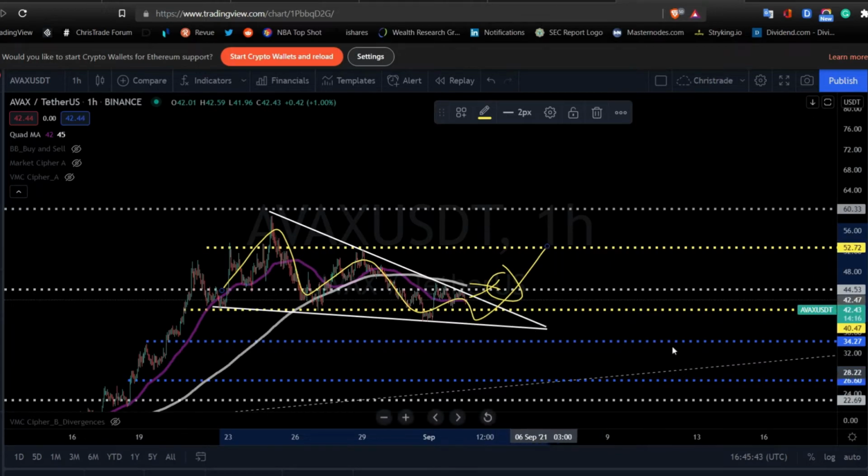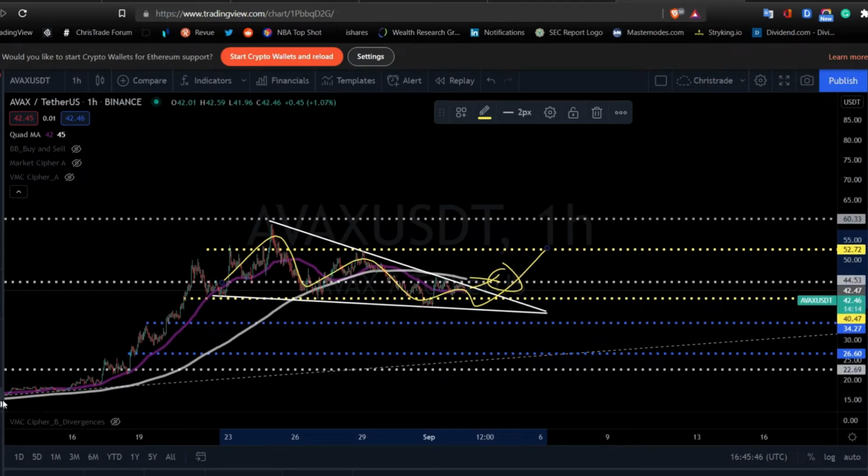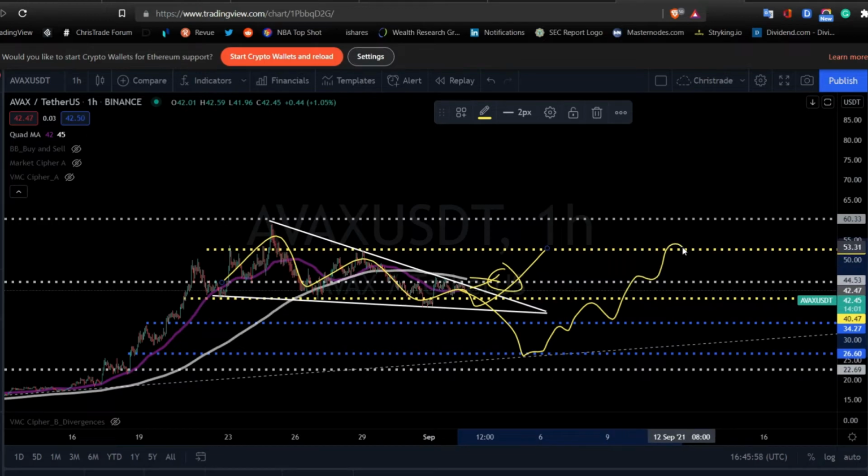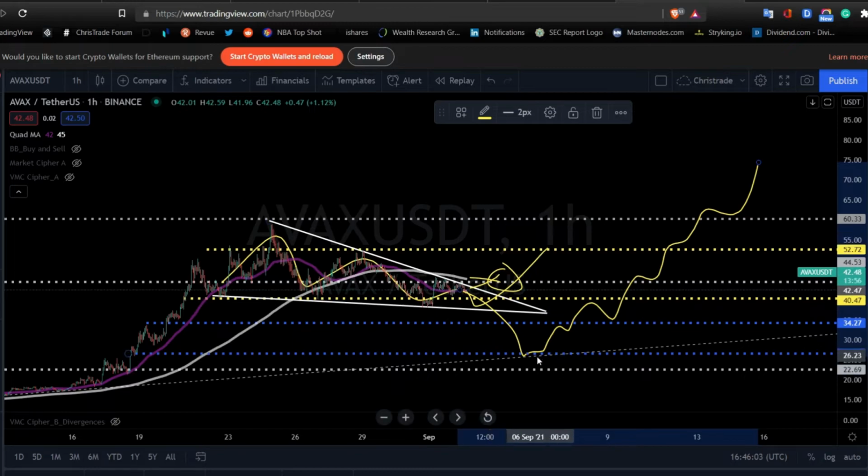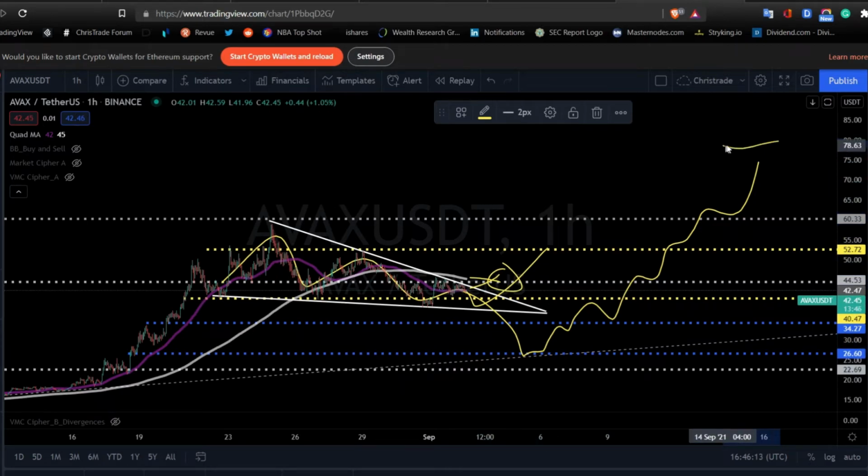Now, if it does break down, I've put its floor over here, its trending line over here, because it could potentially look at retesting this again, bounce back up a bit, maybe test up there and try to create this ladder effect, snake its way back up there again. So as a maximum low, I'm looking at about 26. As a maximum high, I'm looking at about the 80 region itself. And if it breaks through that, guys, you're looking at $100 easy. But that's the max that I'm looking at.